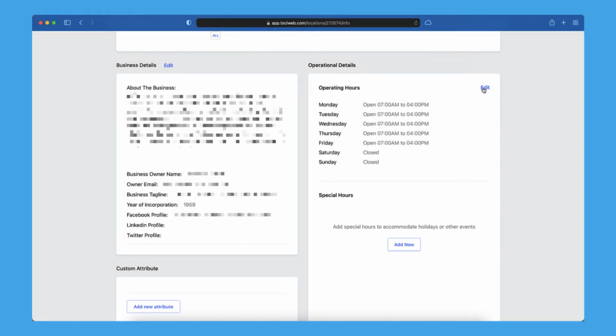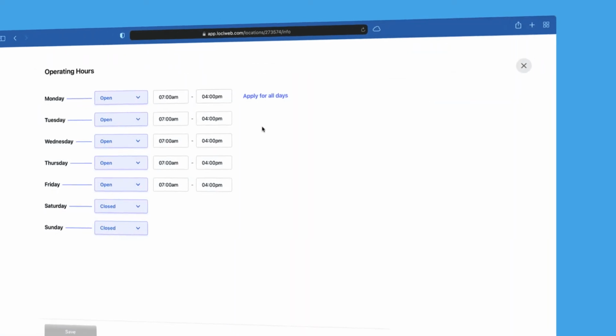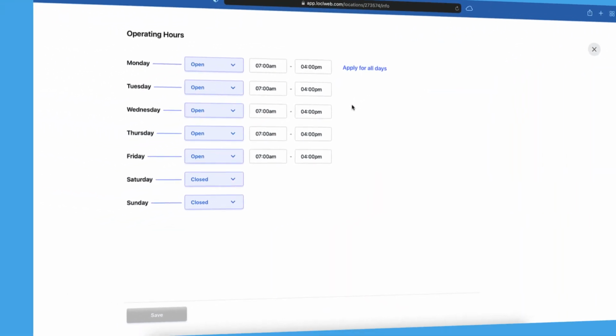But as far as hours, editing your general hours, just click edit. And you can see I'm at the hours screen. So you can do a lot of cool things with the hours. So maybe your day isn't as simple as open at a certain time and close at a certain time. Maybe you are closed for lunch. In that case, you would do split. 9 a.m. to maybe you're open till 12 p.m. So maybe you're open from 9 to 12 and then you're open again at 1. So there it's going to show you as closed for the lunch hour and then you're there until 5. That's great. Now people can see that you're closed for the lunch hour.